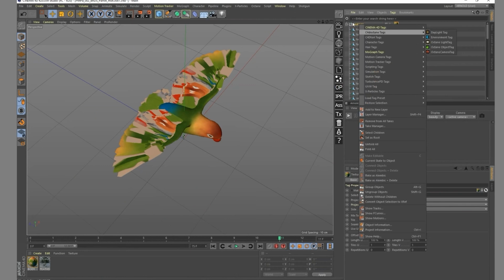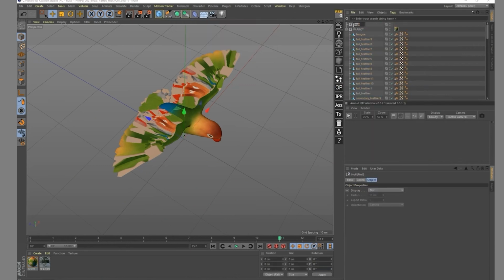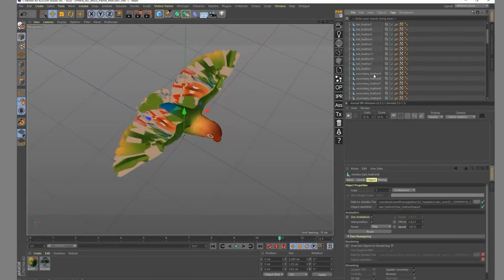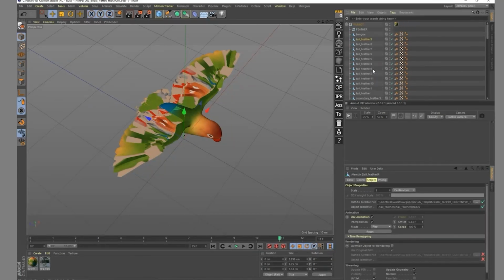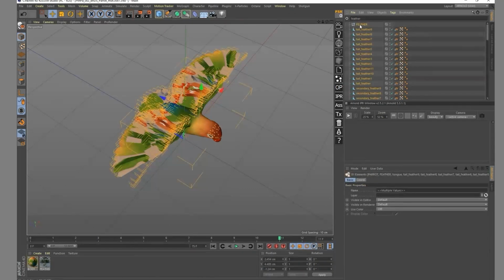So I'm going to create another null object that I'm going to call feather. I'm going to put that inside of parrot, and I can go one by one, selecting everything that's named feather. It's going to take me a lot of time, so I'm going to use that quick search field over there. I'm going to search for the name feather. I'm going to once again select everything, deselect the null object, and put that feather selection inside.